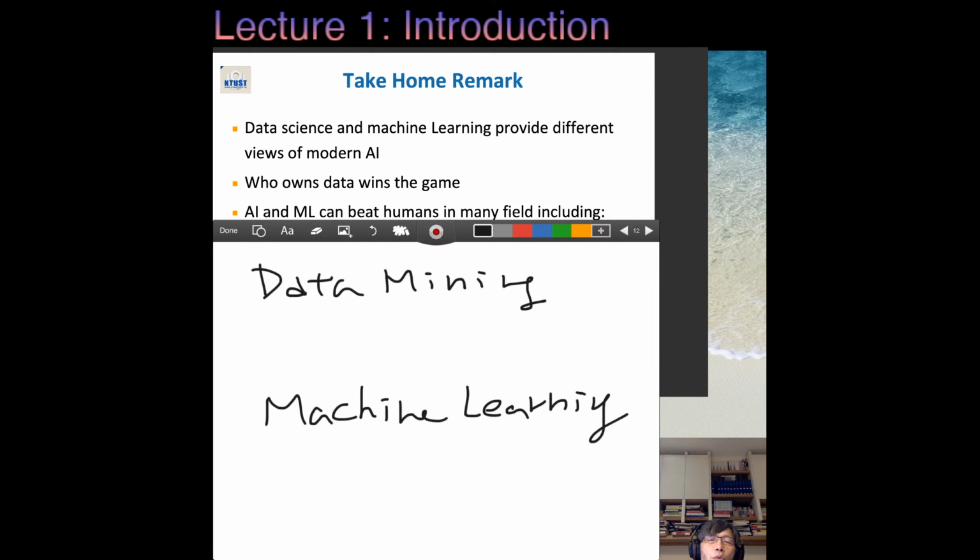And what we need to emphasize is still that data is the most important thing. So probably in this course you're going to do some mini projects, so you need to think about where we can get and acquire the data. Usually, as beginners, maybe you are going to get the data from some public domain.